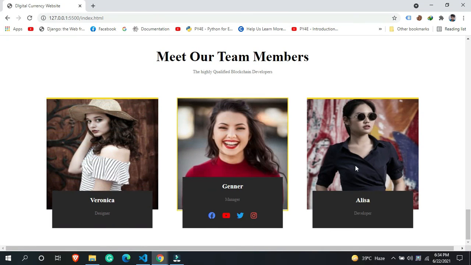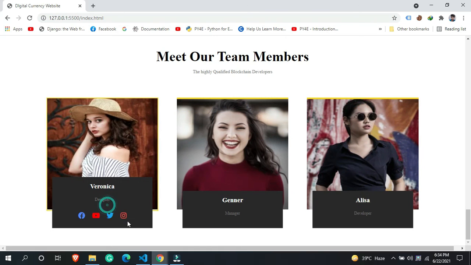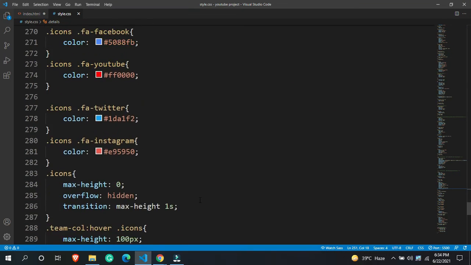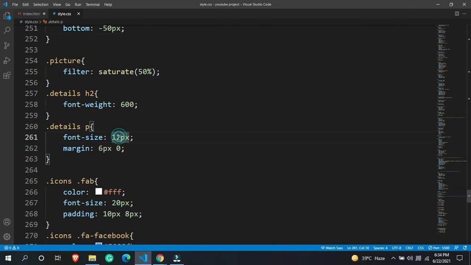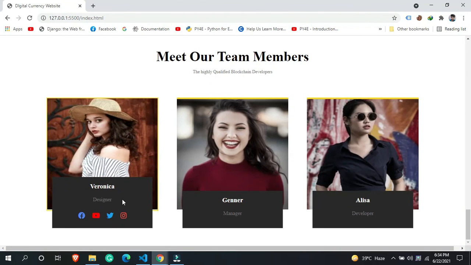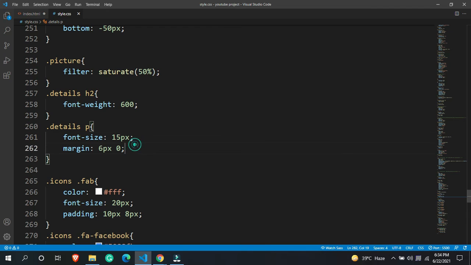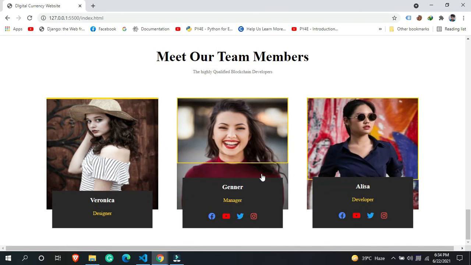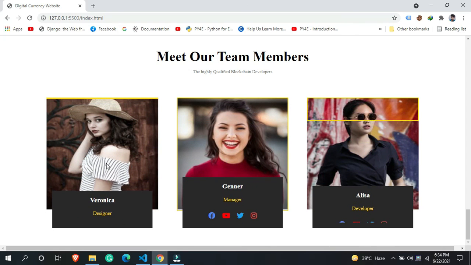Here you can see we are getting all of these things over here, and you can also hide the designer name. You can also give other things, like another position as well. If you want to change the color or font size of your paragraph tag, you can also do that. If you want a font size of 15 pixels, that's it, looking good. And let's say you want to change the color from white to yellow, and that's it. These things are yellow colored. This is looking very cool and pretty.